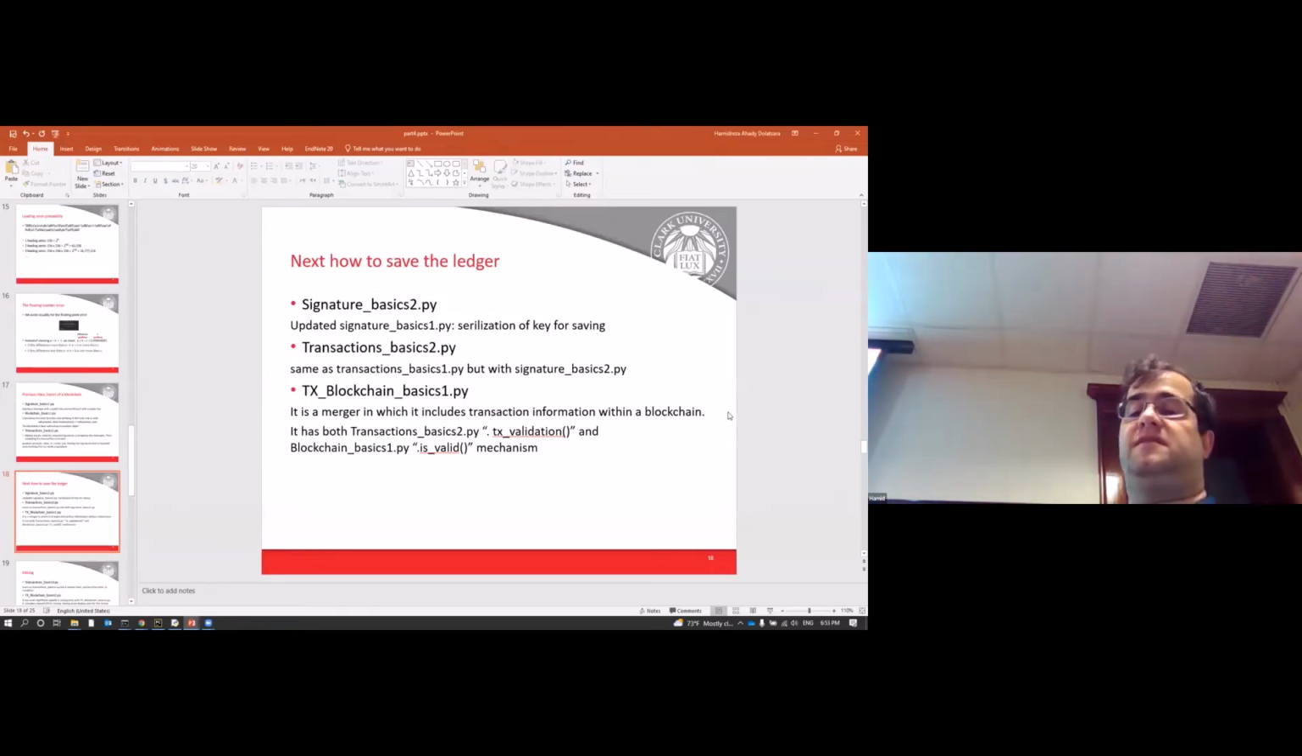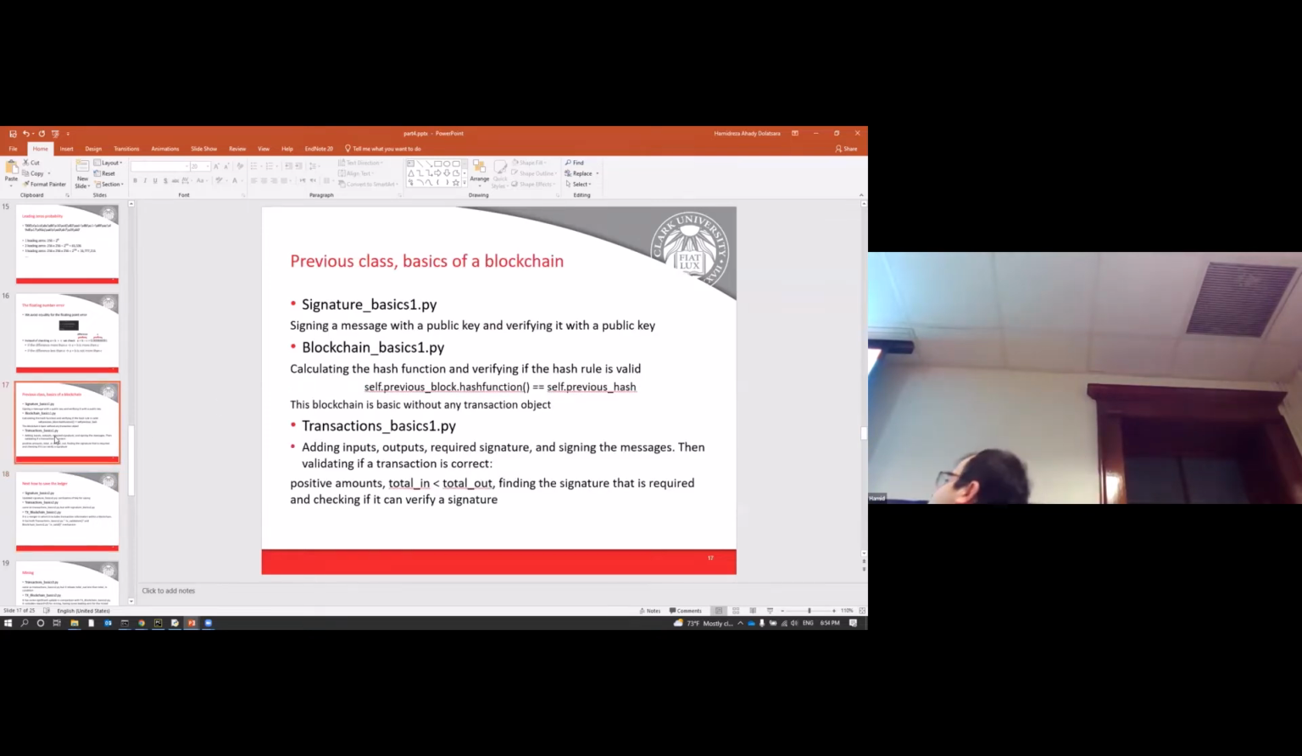Okay, the new file is test blockchain basics one. Basically, in this one, I consolidate the transaction with the blockchain file. So it's a blockchain with the transaction information inside. So the previous blockchain file that I had here, you could put everything there. It could be simple messages. You just check for the hash function. But the newer one,